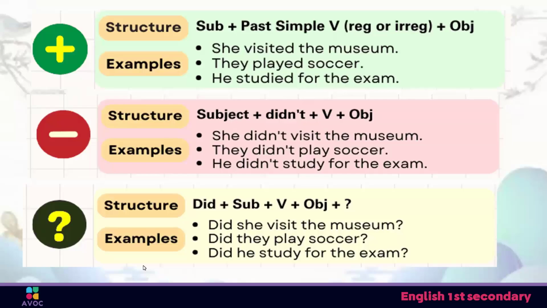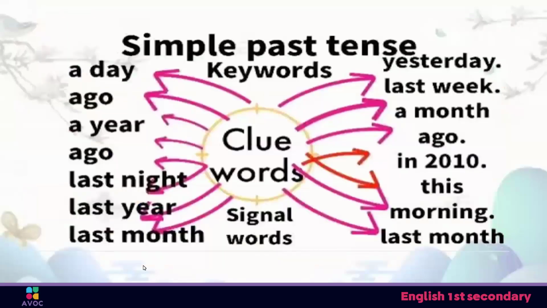This is all about the structure. I think that it's pretty easy, and I think that just add a revision, a quick revision about what you already took in the past. Of course, when I'm talking about the simple past tense, I just want some keywords or clue or indicators about